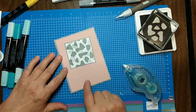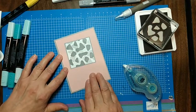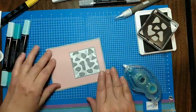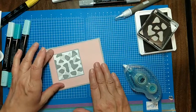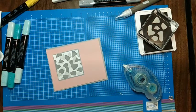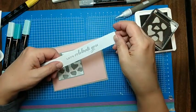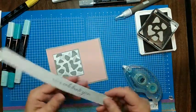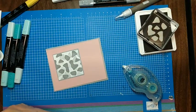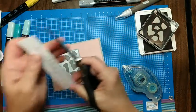So, I'm not going to put this all together yet because I think I want to put some texture on this. All right, we're going to do that. And I saw this laying around, so I thought, you know what? I'm going to use this. So let's cut this off here. I do that a lot. I stamp up a whole bunch of things and